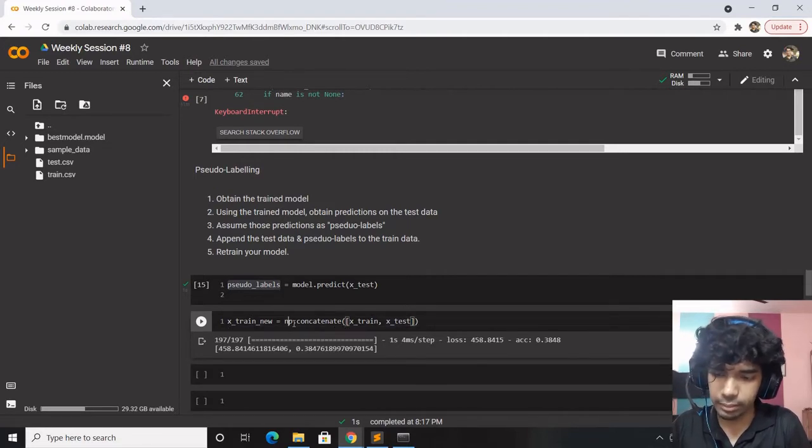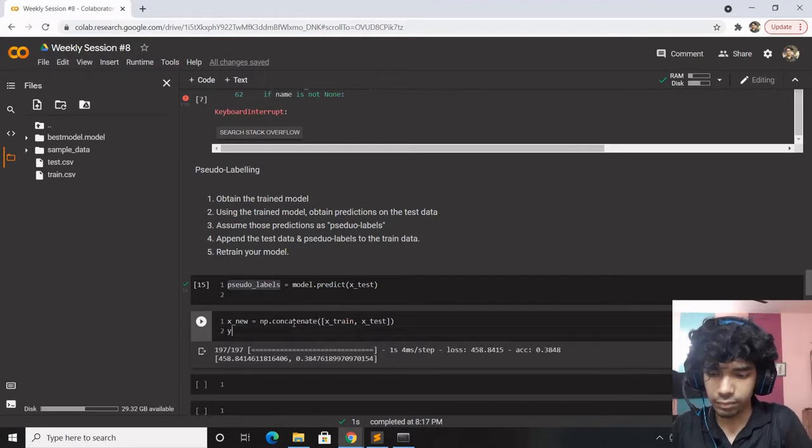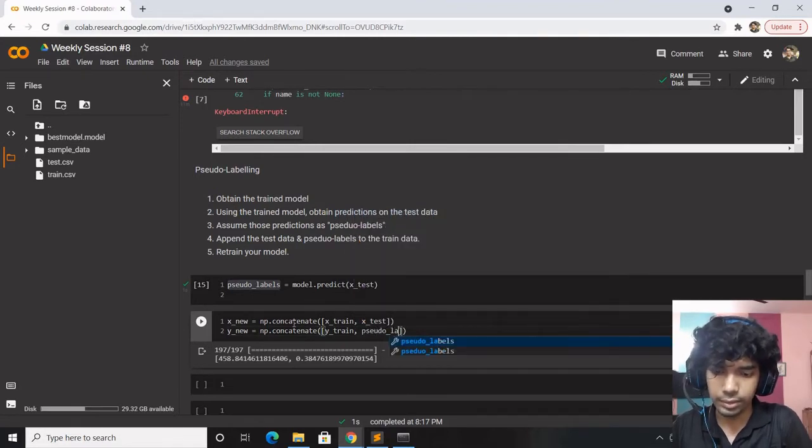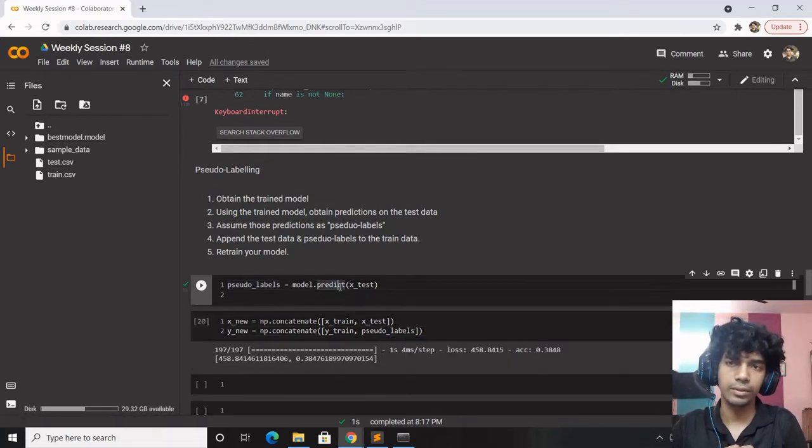Or rather, I can save it as x new. And I can save y new as np dot concatenate y train and pseudo labels. Right.